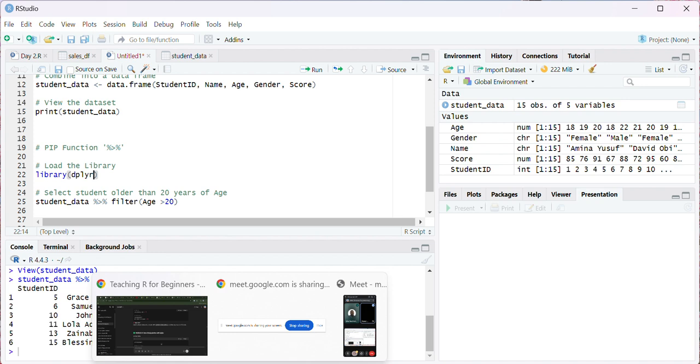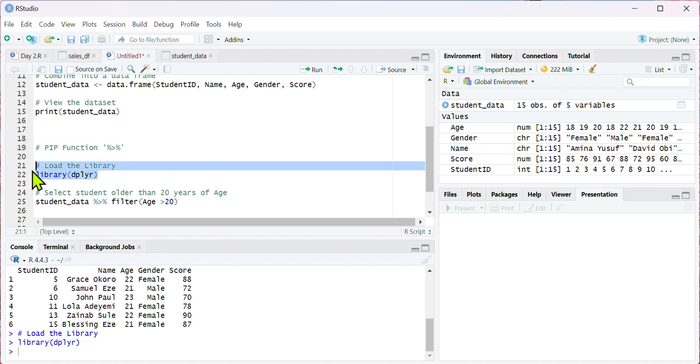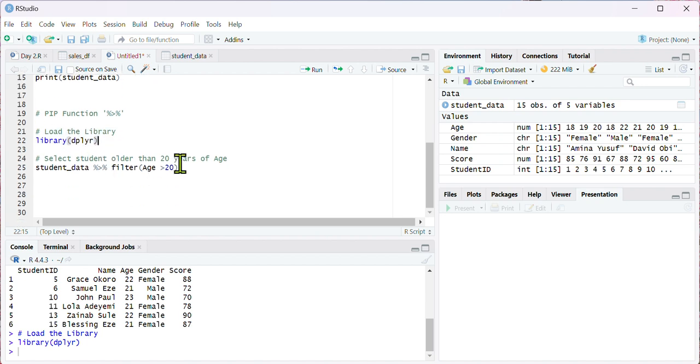We can read more about it in the documentation. So we run this library at first. Like I said, if you just run it one time, it will work, unless maybe you close the window and you're trying to work in a new environment that is not already loaded in. So the next thing you want to do now is maybe select for